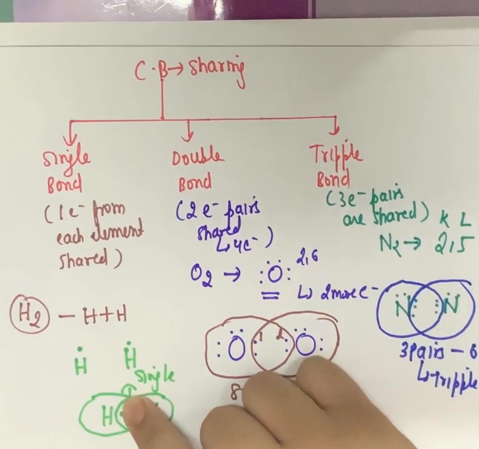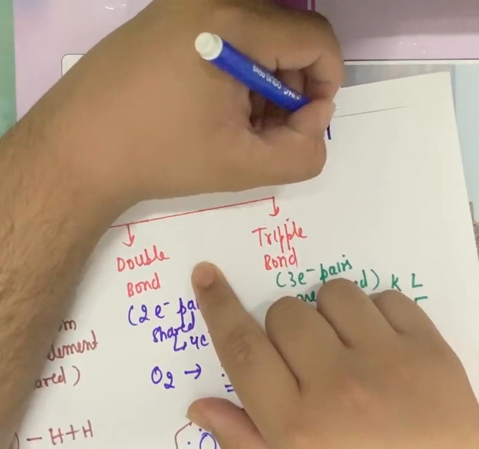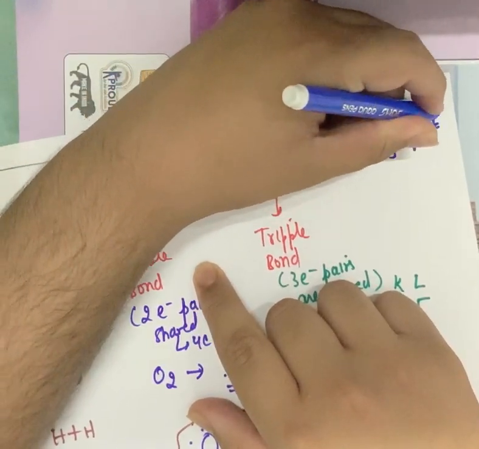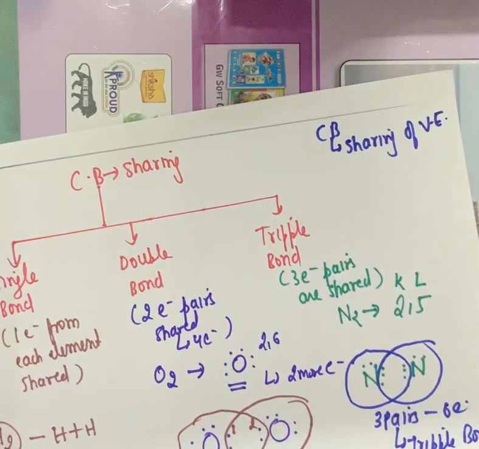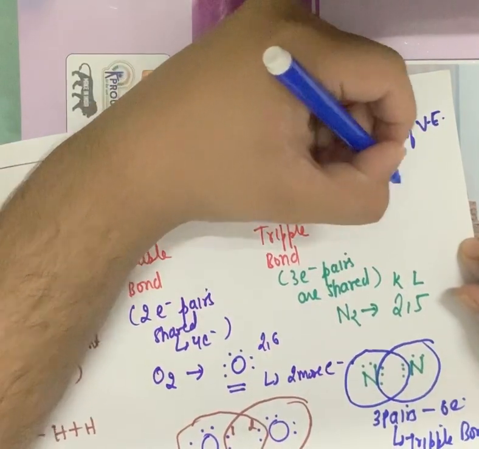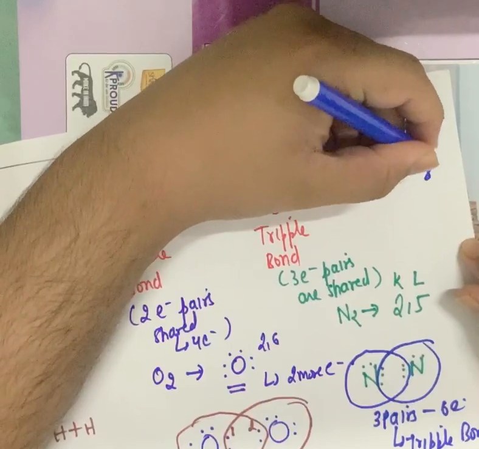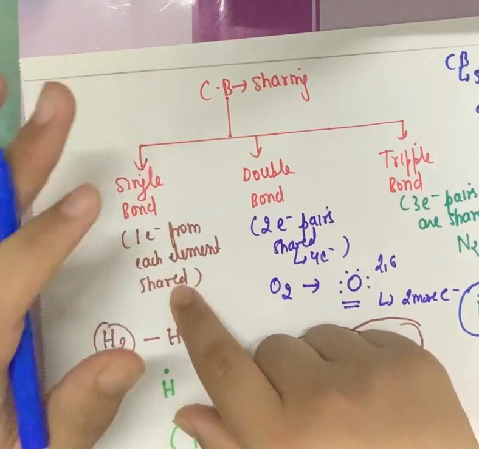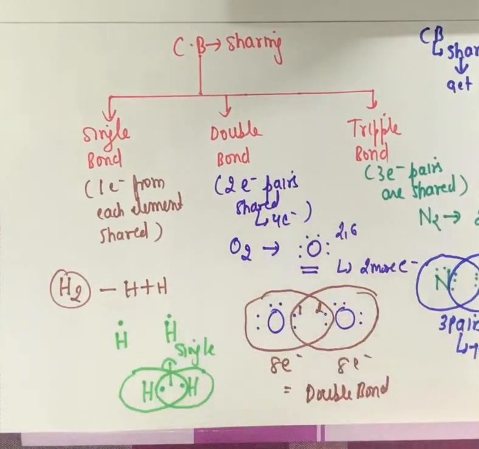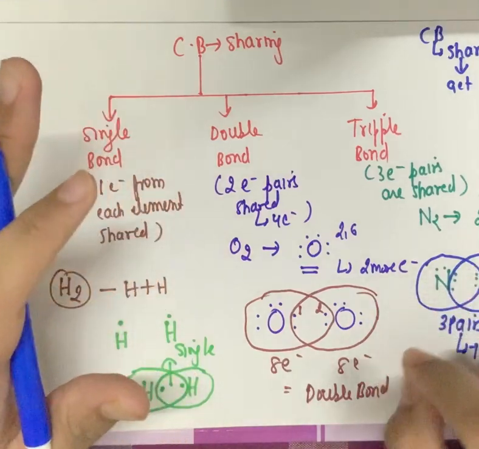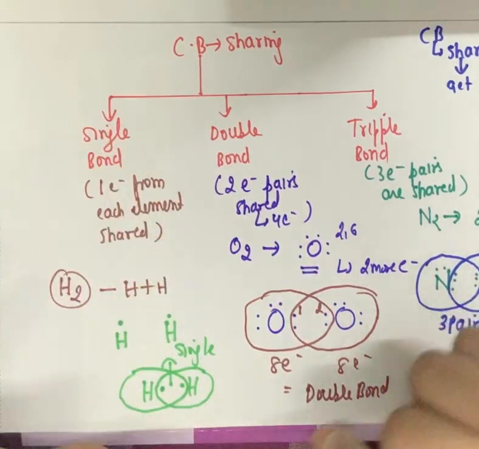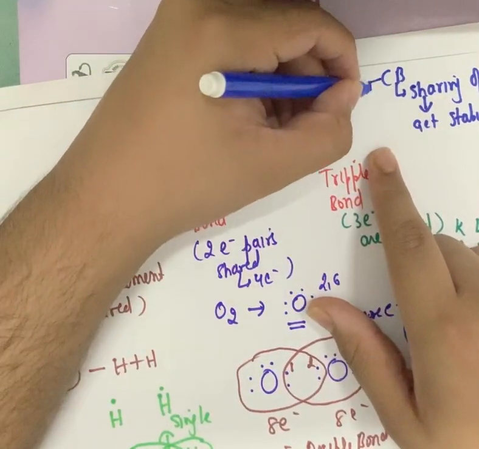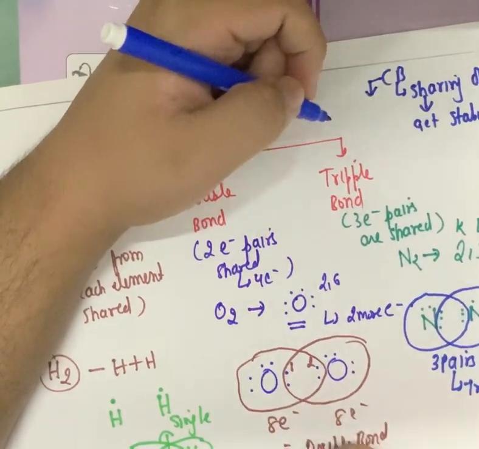Okay. So that means what we understood is the covalent bond is formed by sharing of valence electrons. Mind it is only valence electrons, not the inner electrons. It will only share valence electron to get stabilized by completing the octet. Based on the number of electron pairs shared, it can either be a single bond with 1 electron pair, that means 2 electrons, double bond from 2 electron pairs, that means 4 electrons, or triple bond, that means 3 electron pairs, that means 6 electrons are shared. It can be possible.